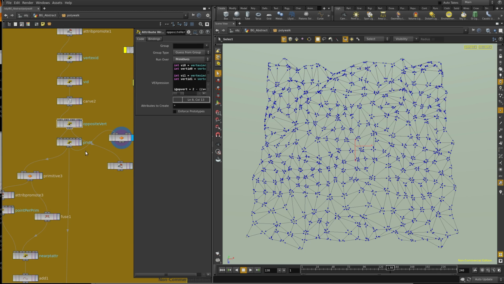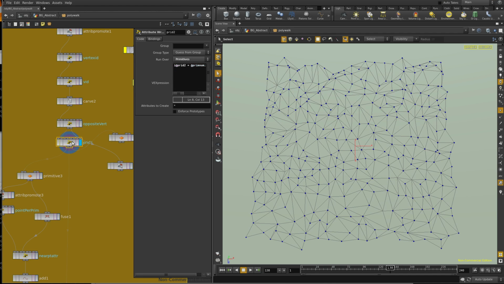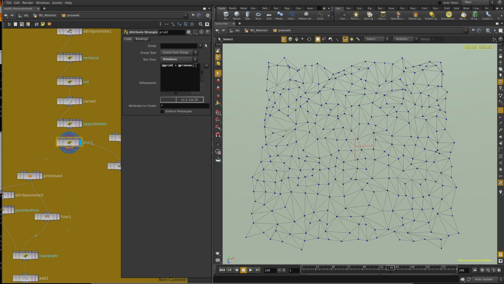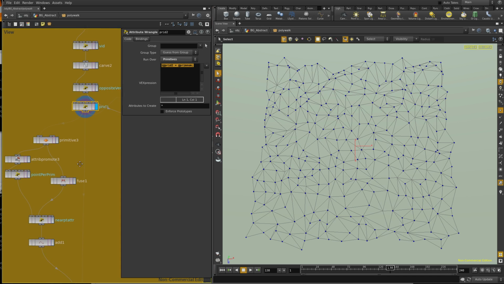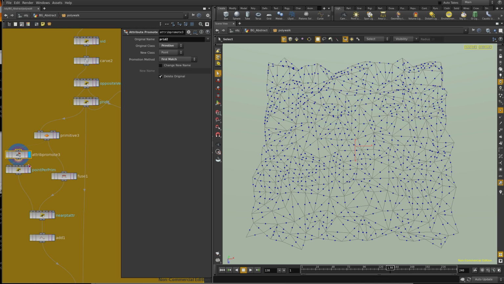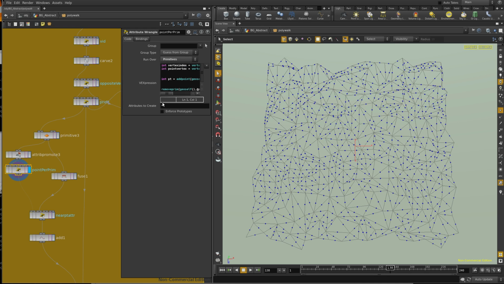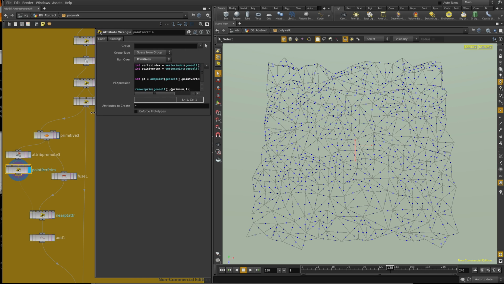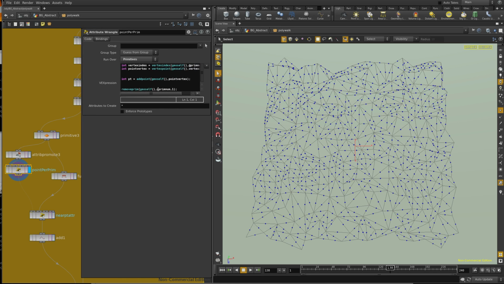The next thing we do is each one of these lines needs a primitive ID of its own to communicate with one another. So I'm going to make primitive ID 2 and put the primitive number in there. Now the lines can communicate with each other. Now I shrink them down, and for every line it gets shrunk to the center point. I'm going to promote the primitive ID to the point because I am going to remove the primitive and put a point in it instead. I'm basically copying the point,